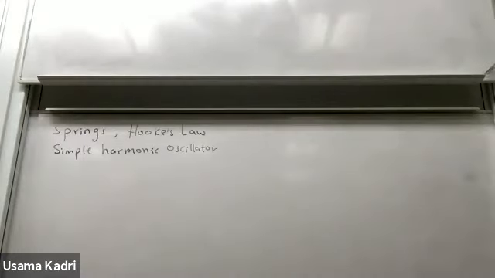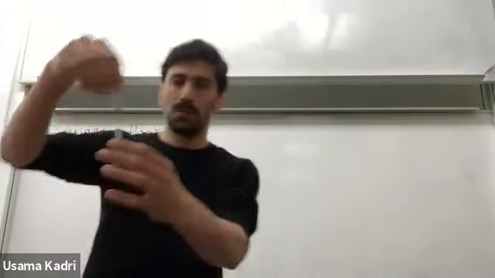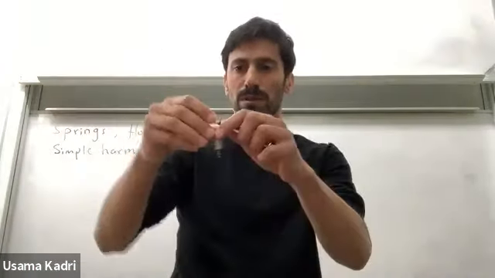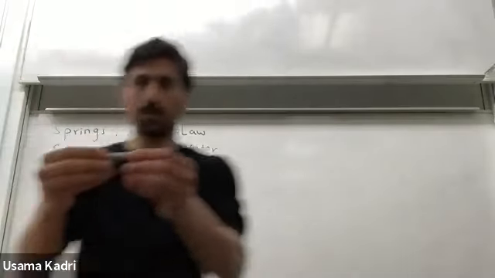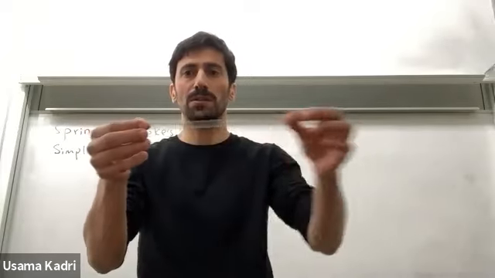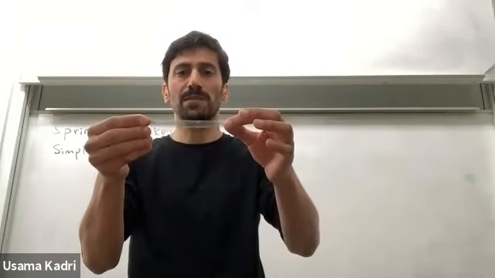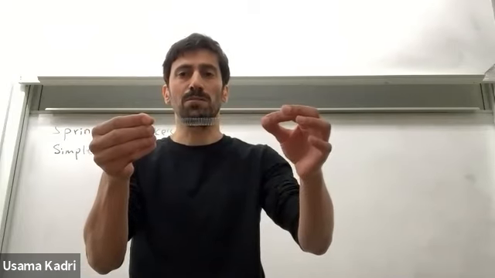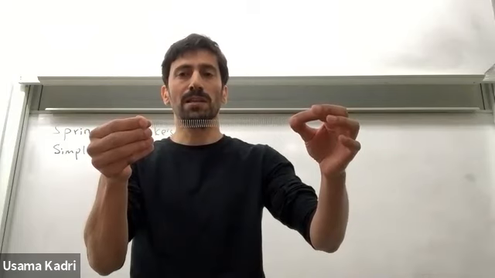So we start with a spring. I actually have a spring here with me. This is a spring. You take the spring and you pull one part of it, and then it can start oscillating if I let go of this part. I can extend it to some distance here. I can extend it more. I can extend it more. I can feel in my fingers that the more I extend,